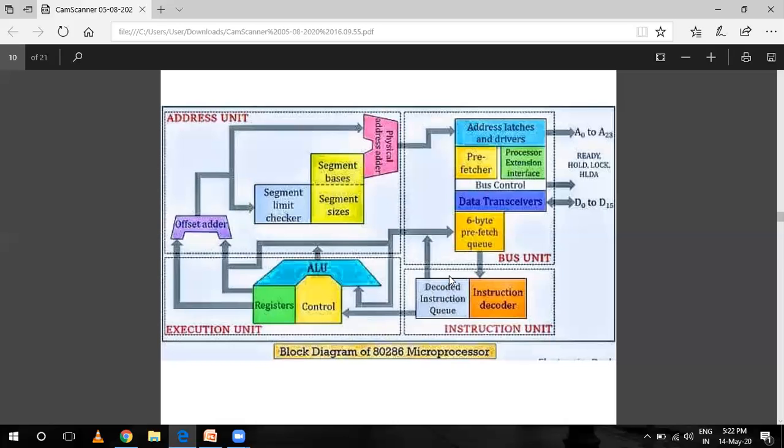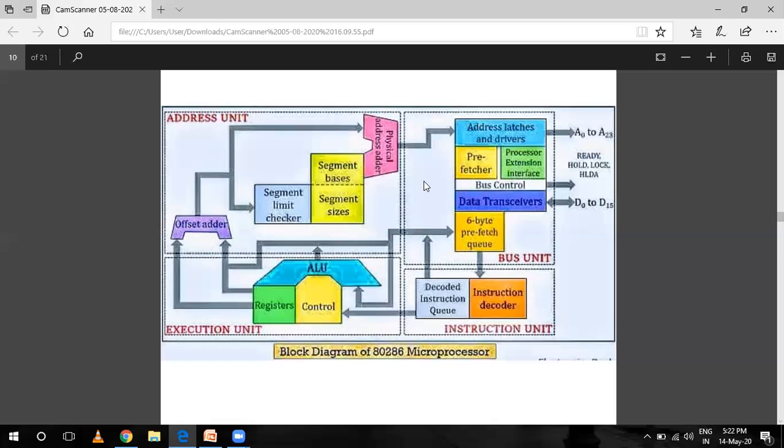Now, after the instructions get decoded, they need to be executed. So instructions from the decoded instruction queue are fed to this execution unit. The main part of the execution unit is this ALU, that is the arithmetic logic unit. This arithmetic logic unit performs the arithmetic and logical operations over the operands according to the decoded instruction. So guys, this is all about the working of